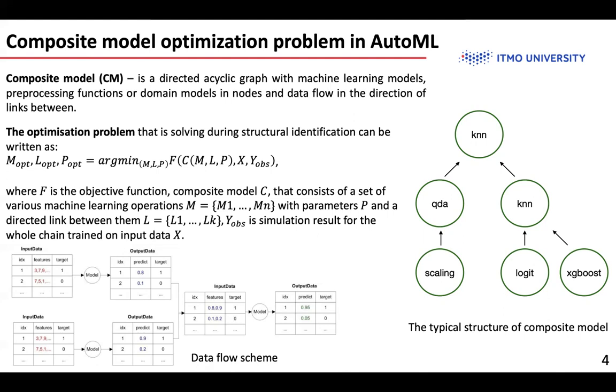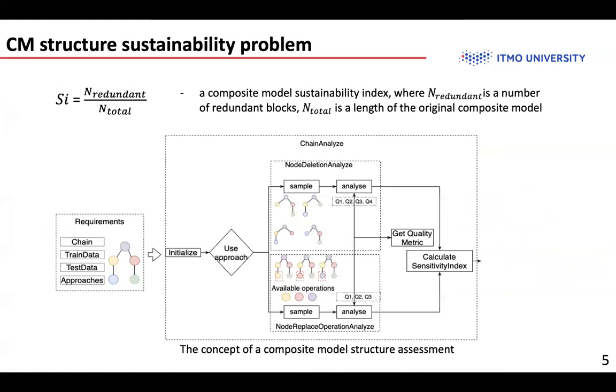However, it can be necessary to analyze the results of the optimization from the structural point of view. There is a set of questions that can be raised for any pipeline, including whether knowledge can be removed, changed, or added to the composite model to improve the prediction quality or simplify the structure. With the help of sensitivity analysis, there is an opportunity to assess the structure quickly and make sure it doesn't have redundant parts. Since AutoML provides solutions that can be represented as a sequence of known or unknown models, anyway, their interaction makes such a solution a black box also.